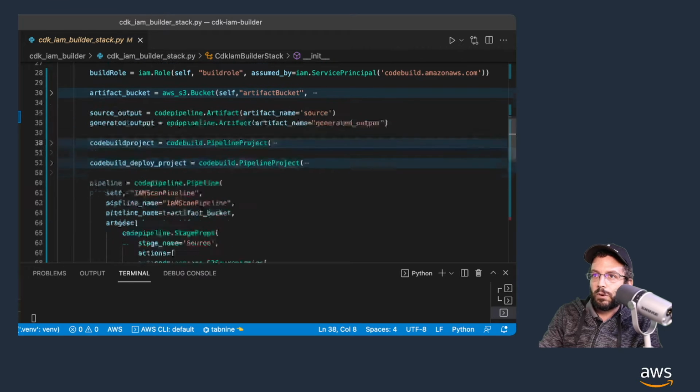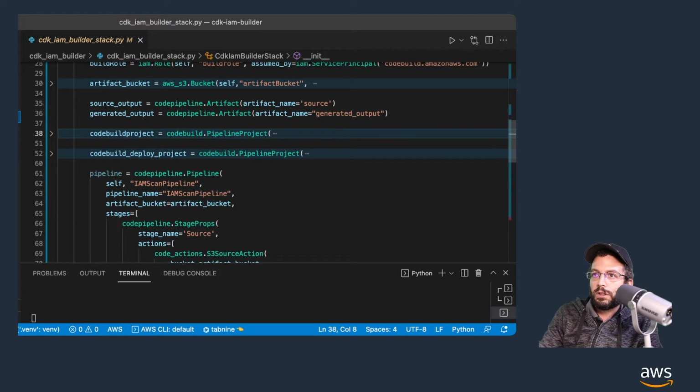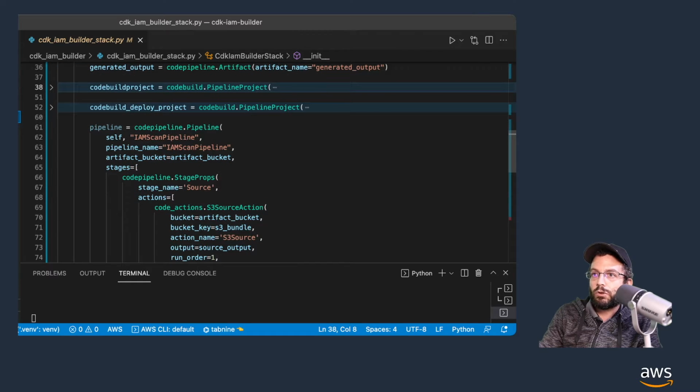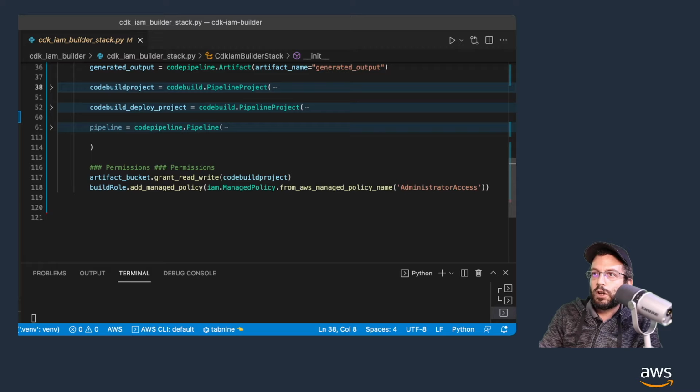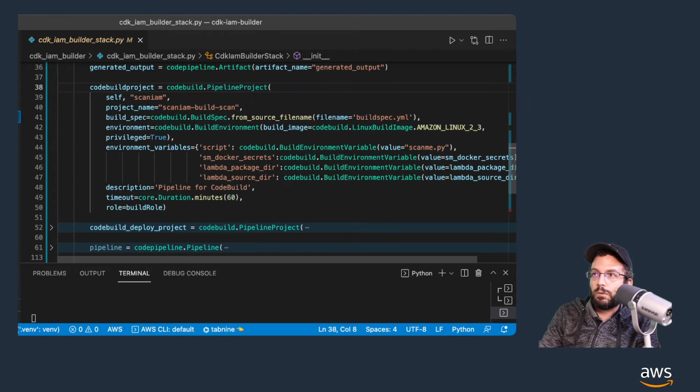So next, we're going to create some outputs from the artifacts that code pipeline builds, and we're going to create two code build jobs. The first code build job is going to be what builds the environment and invokes the Lambda function that we're going to create, and also builds and creates the IAMLive network and container, and all that's done through a build spec. So there's not much here. It really just points to this build spec file